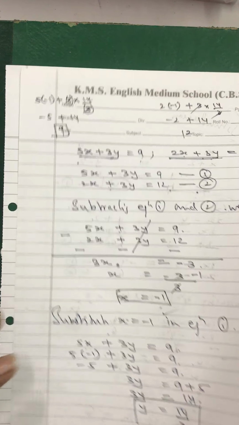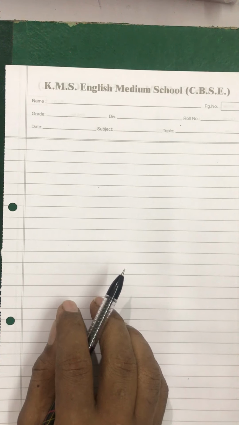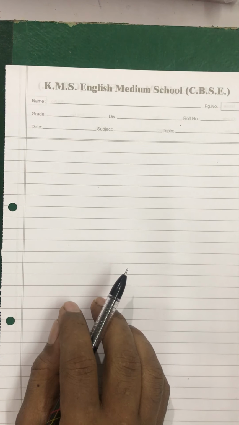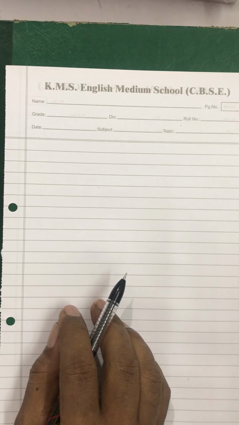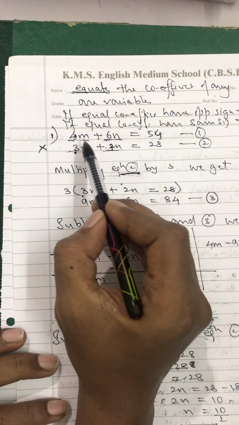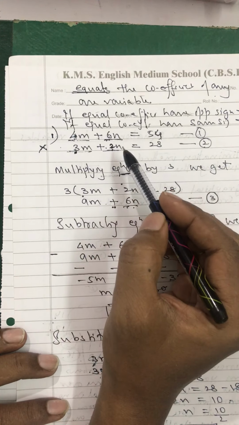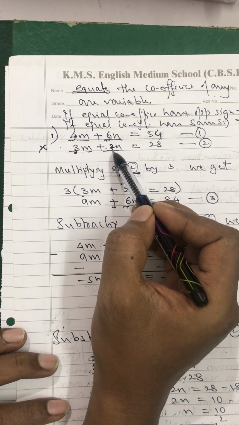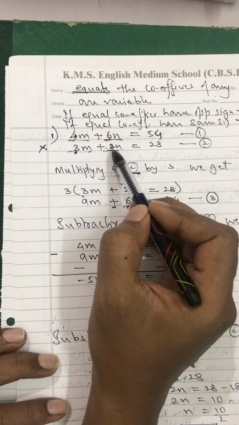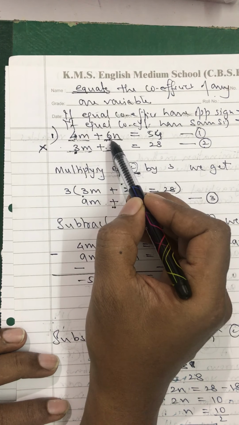So you have understood this by now. There are but two more types of questions, my dear students, when it comes to the equating the coefficients method. Try to understand what I am doing. In the first question I gave you, a1 and a2 are different and b1 and b2 both are different. At that time what you did, you multiplied. Sometimes b1 can be multiplied by a number so that you get b2, or b2 can be multiplied by a number so that you get b1, right?